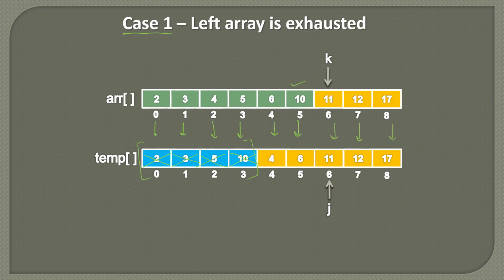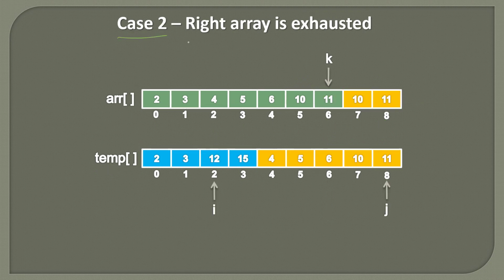And here you can see, as we copied all the elements like this, in the original array, if you see 6, 7 and 8, whatever the values are here, those were actually sorted. And when we copied into the temporary array, it came like this only. So here you can see, we don't push it back like this because the right array values are already present in the original array in the same order, 11, 12, 17. So we do nothing here. Once the left array is exhausted, we do nothing because the right array already has the elements here which are already sorted.